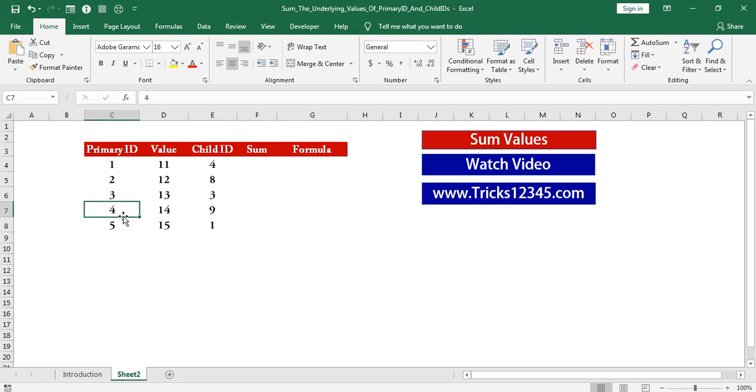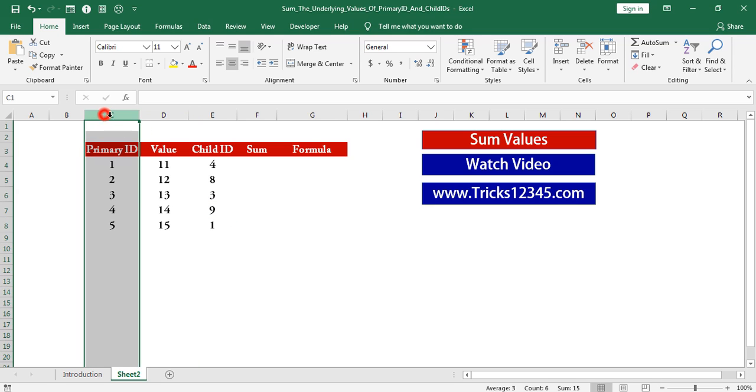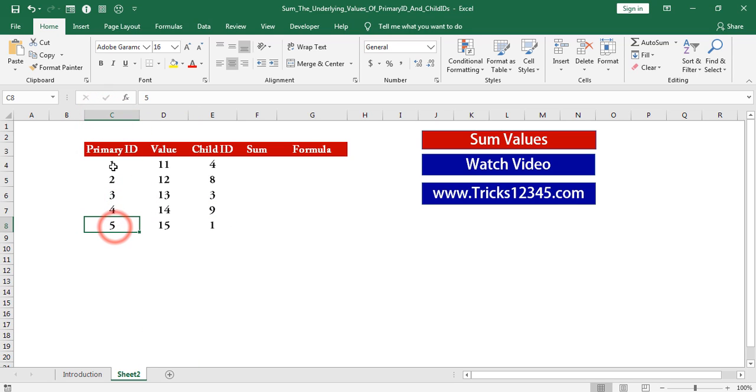Here I have 4 in the cell of C7. So value is 14 and child ID is 9. Again I am searching with 9 in column C. As no match happened, I will sum 11 and 14 as output in F4 cell.